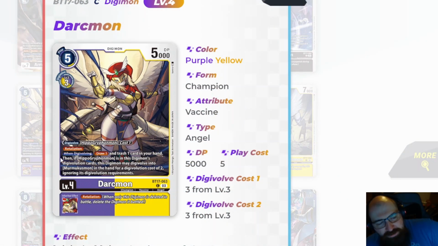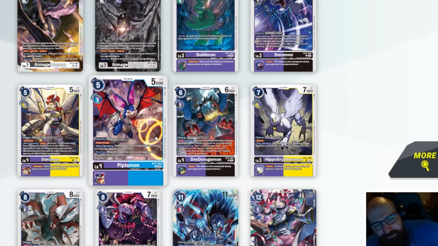Darkmon. Retaliation. When digivolving, draw 1 and trash 1 card in hand. Very, very good for purple cards. Then if Hippogryphomon is in this Digimon's digivolution cards, this Digimon may digivolve into Mamukusmon in the hand for a digivolution cost of 2, ignoring the digivolution requirements. Now that is level 4, and that's level 5, so we have to figure out how to stick that underneath